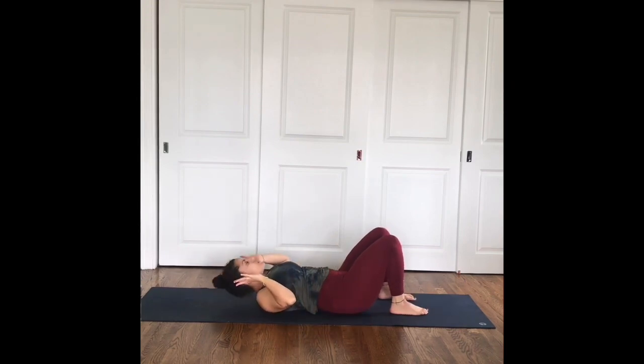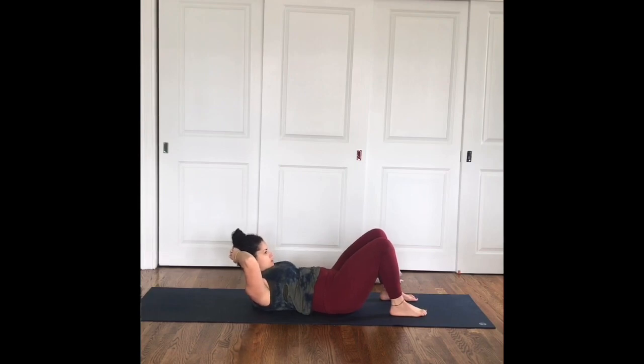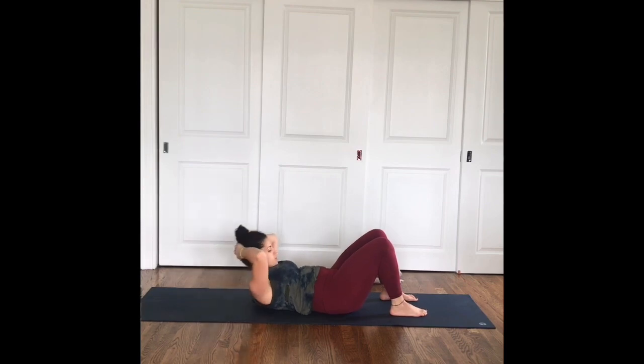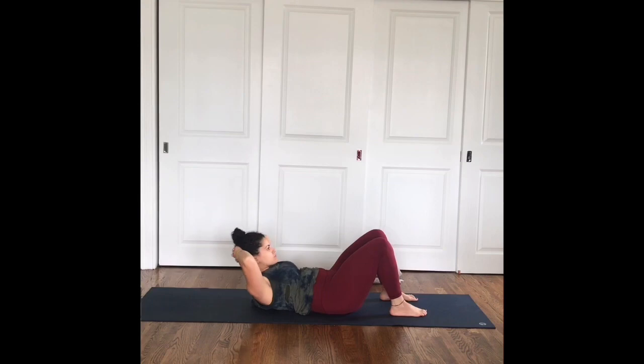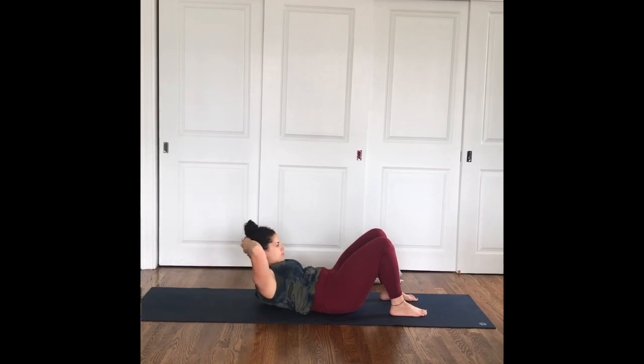Clasp your hands behind your head, start to lift your shoulders and your head off the mat. Take a big inhale in. Exhale, let it go. And your inhale, lower back down. Exhale, curl it. 5 more times. 1, 2, 3, lift it higher. 4, and